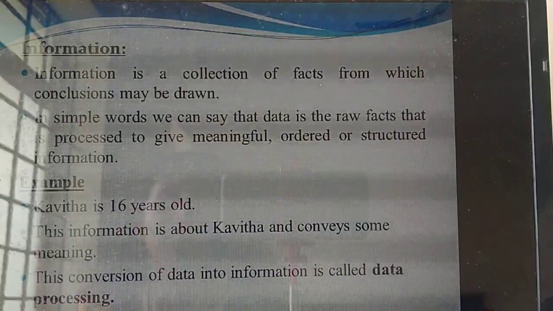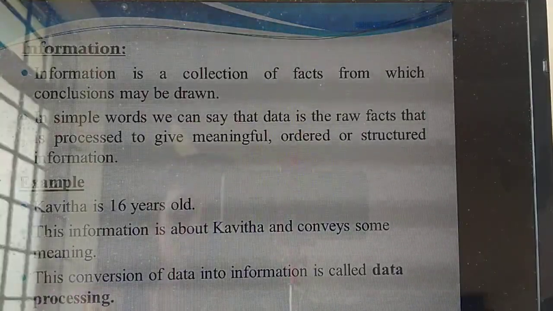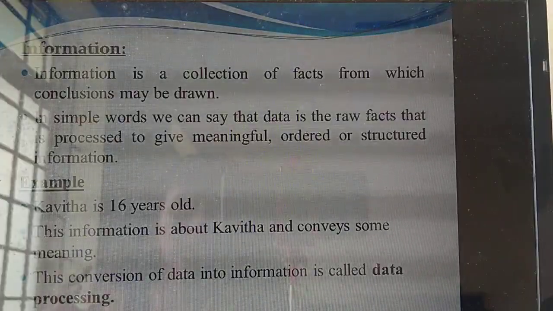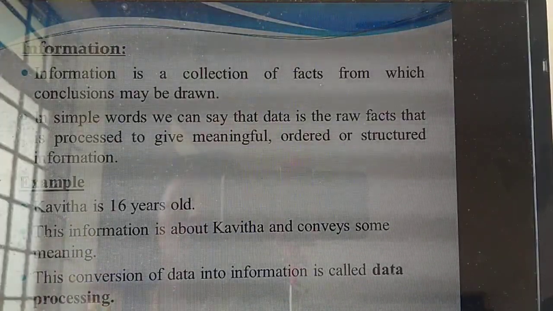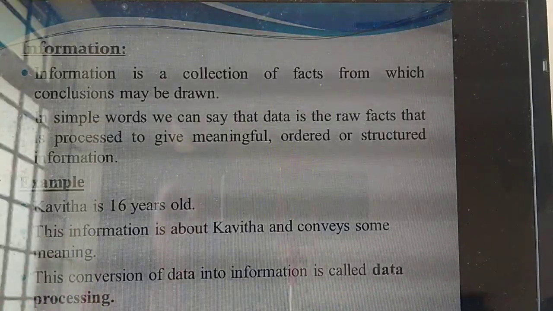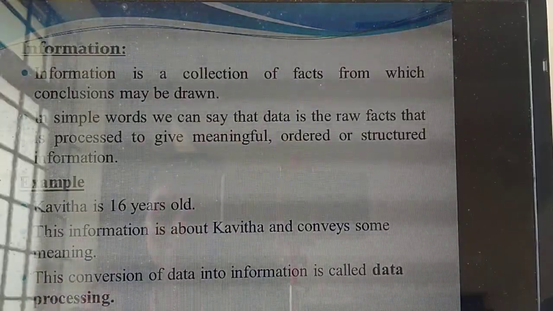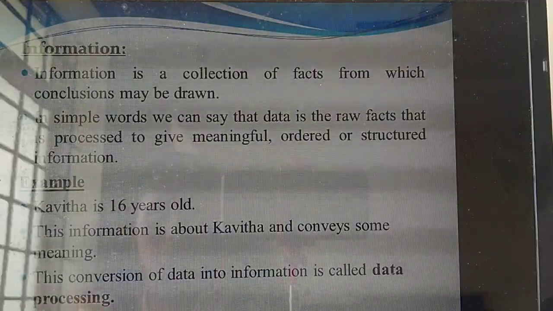Okay. So this is some structured information. That means, for example, if you are writing your address, what's the structure of the address? First you will write your name, then your father's name, then the places, your location, then pin code, everything. Isn't it? Will you write the pin code in the first line? No, that is not correct. That is not an order. So each and everything has an order, isn't it? Likewise, this information is a meaningful message. It will give order or structure information.